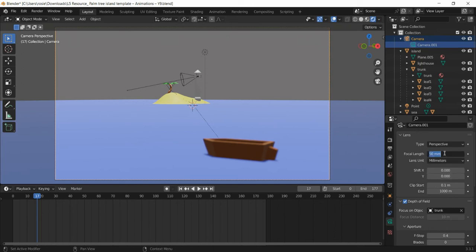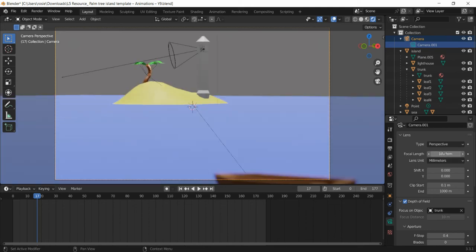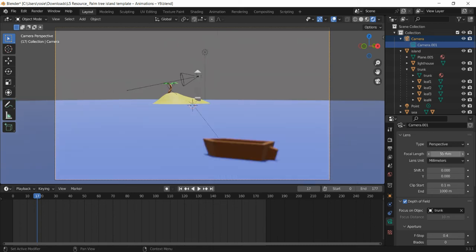Also, rather than zooming, we can use focal length. So if I take that down, say 19 millimeters, you can see that's got a wider focal length. Okay. But if I then increase it, say 100, okay, we're much more zoomed in now. So if I put it back at its default, which was 50, we've got that scene. So we can use the focal length to adjust zoom. And again, if you think about it, you can animate that as well using keyframes.